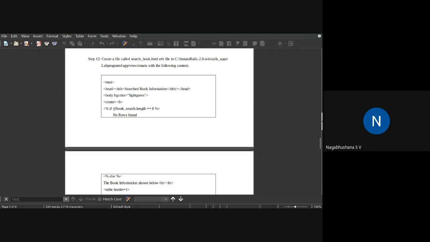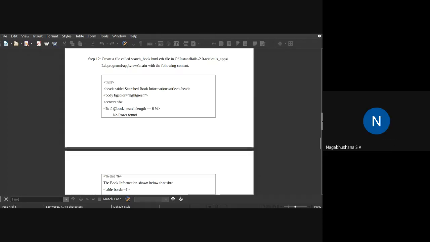Question, sir. What is .erb, sir? .erb is an extension for Enterprise Ruby, because we are using Enterprise Ruby in an MVC architecture. All the files that you put in a controller should be saved in an .erb file. So after .html, we have to write it, no? Yes, sir.